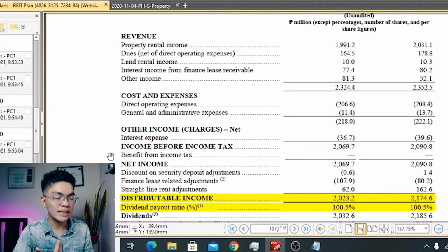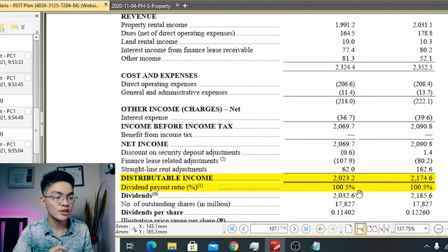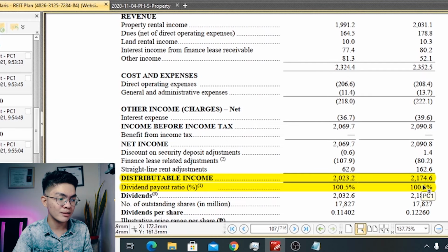Ito yung kanilang computation ng distributable income for 2021 and 2022. So for 2021, meron silang 2.02 billion na distributable income and ang plano nilang ibigay na dividend is 100.5%, di ba? Binigyan pa nila ng 0.5% na sobra. So for 2022 naman, so 100.5% pa rin yung dividend payout ratio and ang total distributable income na estimate nila is